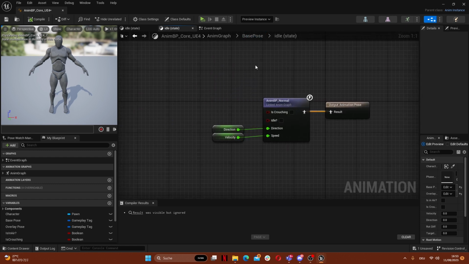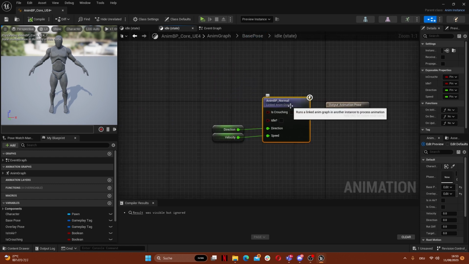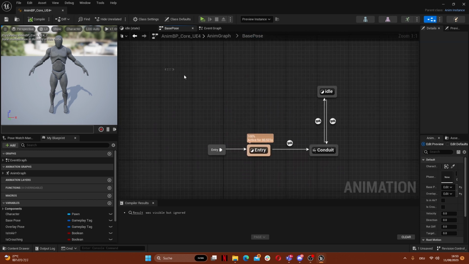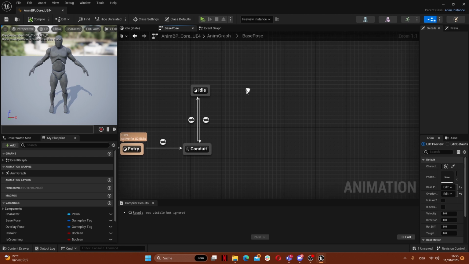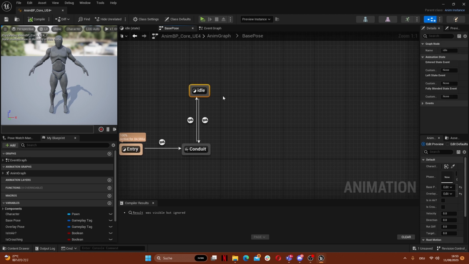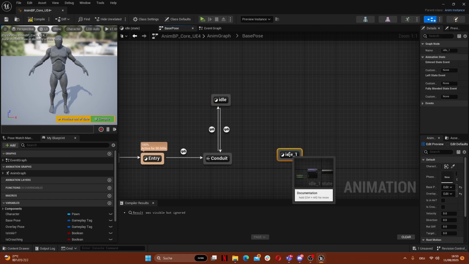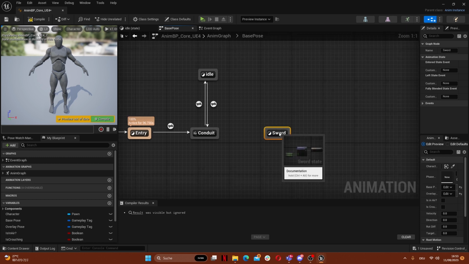if you go in here, the idle one, as you can see, we have linked animation graphs. That way you have one core animation graph, and in here you can link several different animation graphs, and the AI will switch between them. So if you want a new one, you can just copy this and rename it to maybe sword. So if they grab the sword, then you go in here,